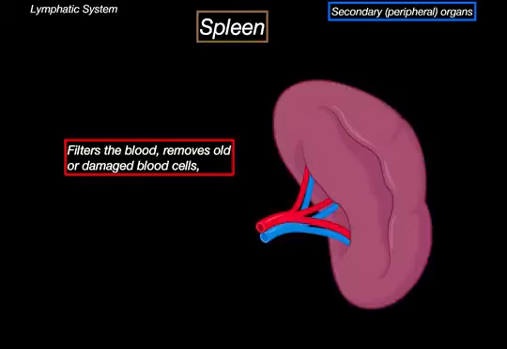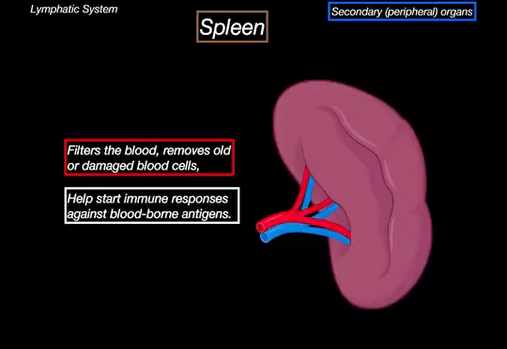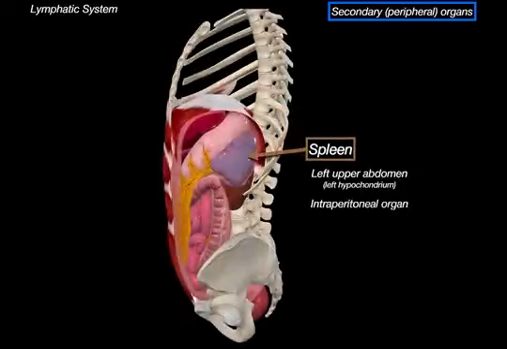One of its important functions is removing old or damaged red blood cells from the circulation. But in addition to that, it also plays a major role in starting immune responses against antigens that appear in the bloodstream. I do have a detailed video on the spleen anatomy if you want to know more, but the spleen sits in the upper left part of the abdomen, under the ribcage, and is covered by a layer of